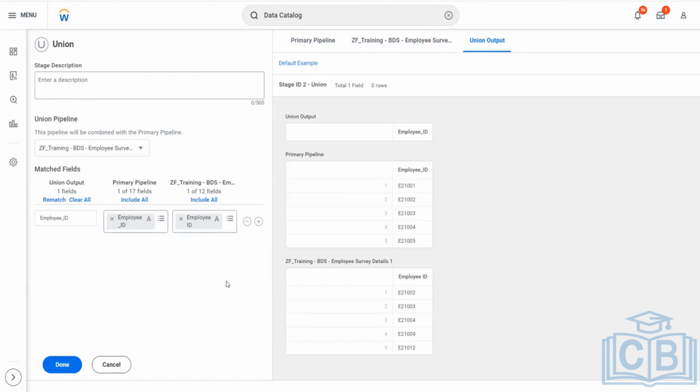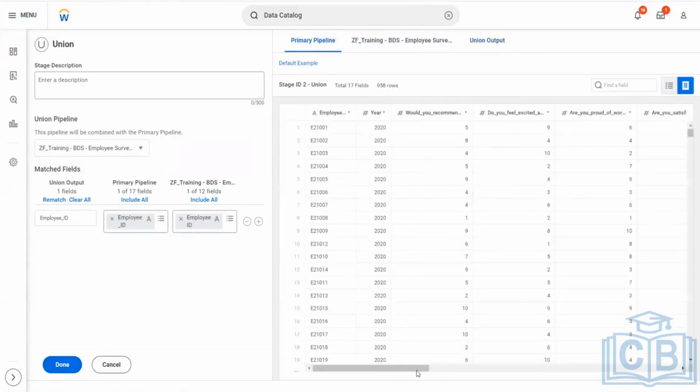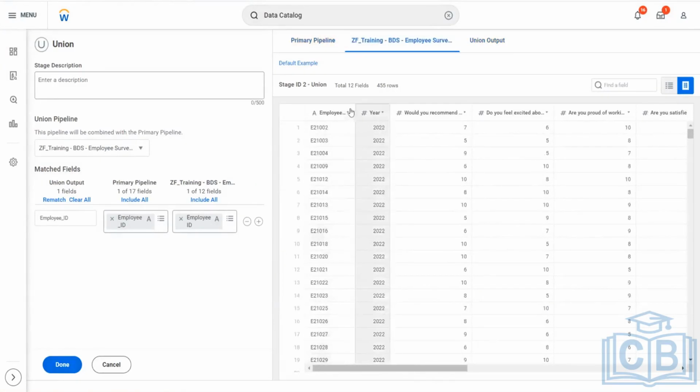I want to join them based on the primary pipeline. And I'll say this is my primary pipeline. It shows me this is my secondary pipeline and this is